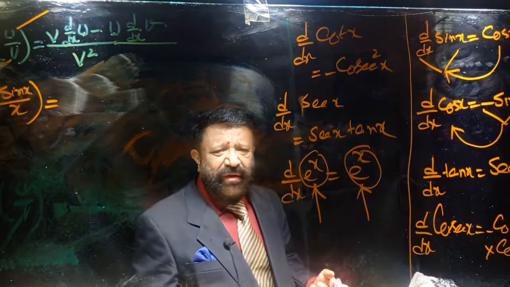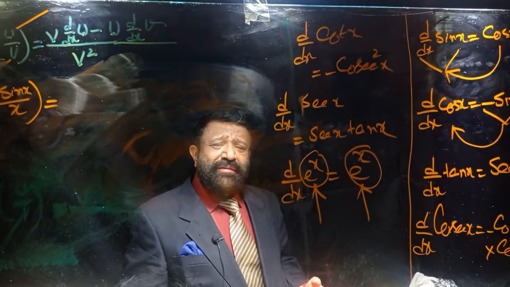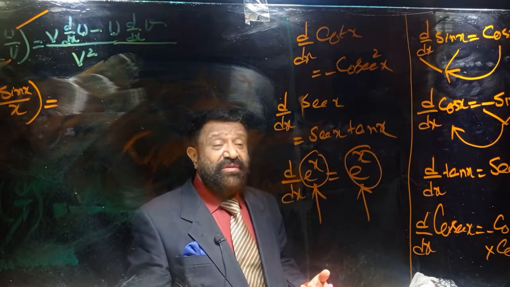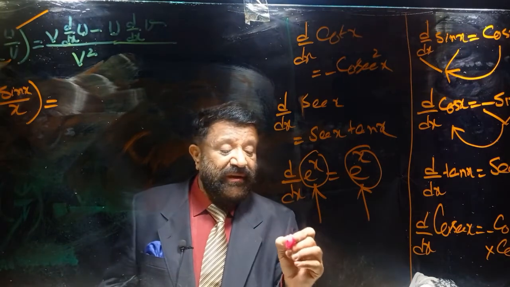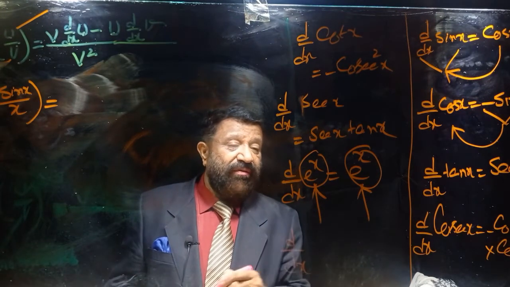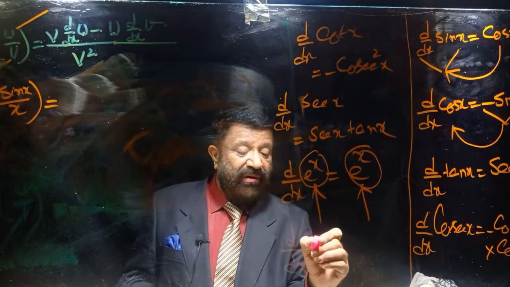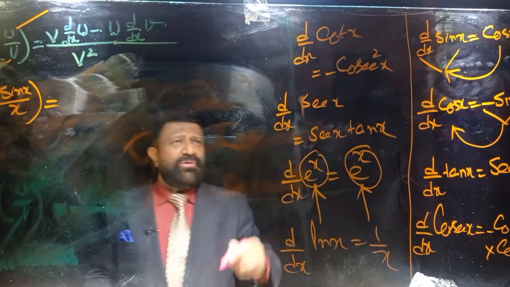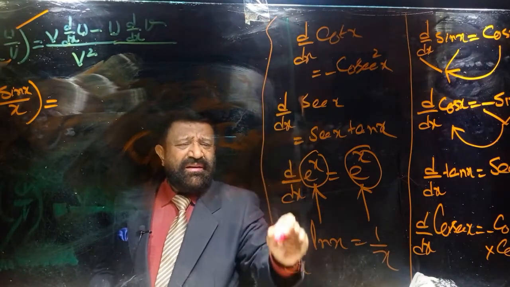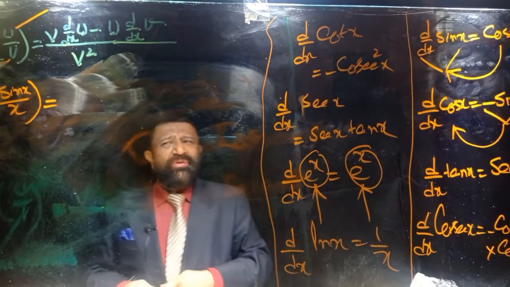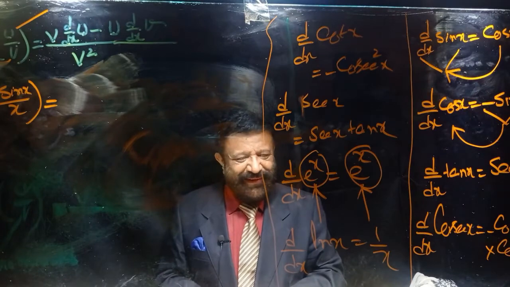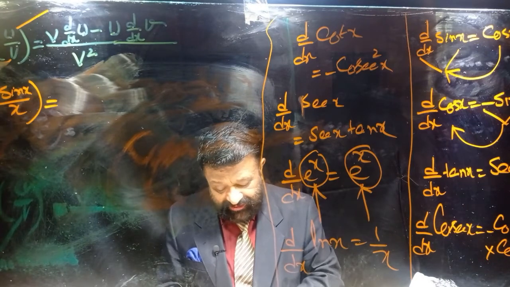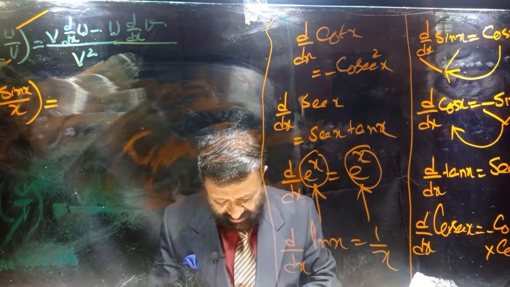So you should follow it. You should not be worried that you haven't done anything yet you got the answer. This is the procedure. This is the formula. And the second thing, the derivative of log x is equal to 1 over x. These are some of the formulas which we will be using again and again. That's why I have written these formulas.